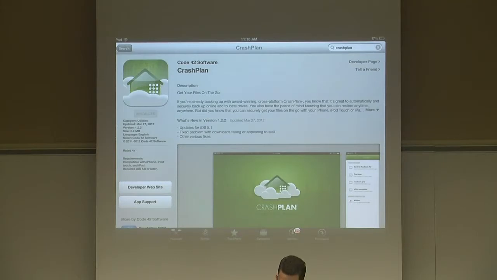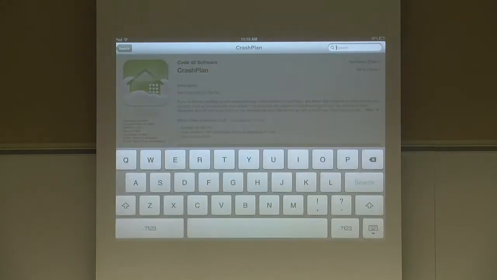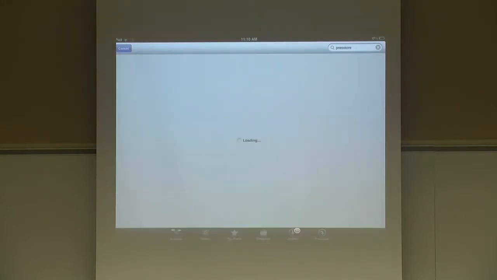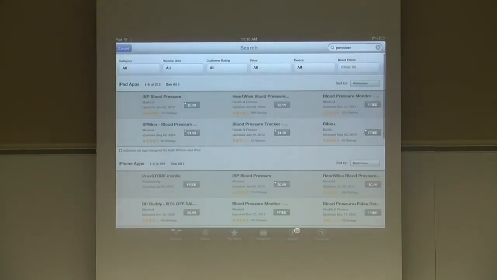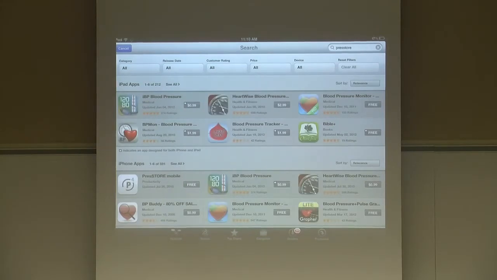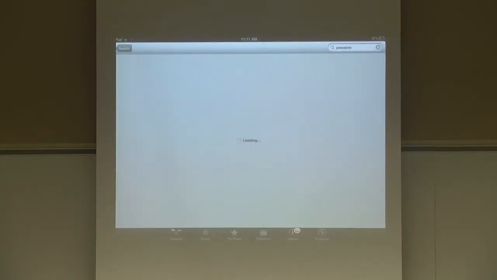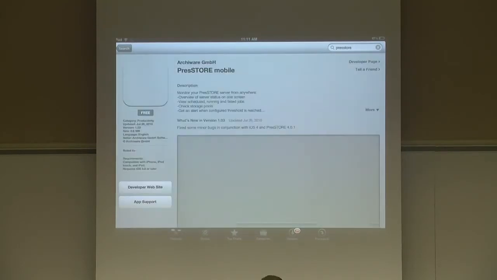I know there's an app, if you use Pressstore for your backup, they have an agent that will connect in, so when you're out and about and you want to know, hey, is this backup running? You can do that as well. Really? Yeah. Sorry, what's the app called? Pressstore. That's what I use for archiving and backing up my exam. Okay, interesting. It's only an iPhone app, so it'll scale on the iPad, but Pressstore Mobile? Yeah. Is it that one? Okay, cool. Interesting. Great when you travel at conferences and whatnot,